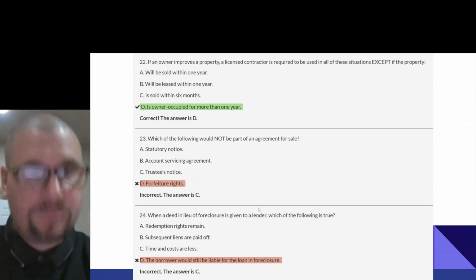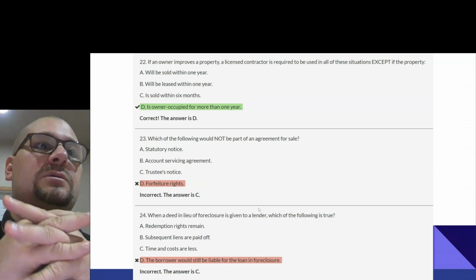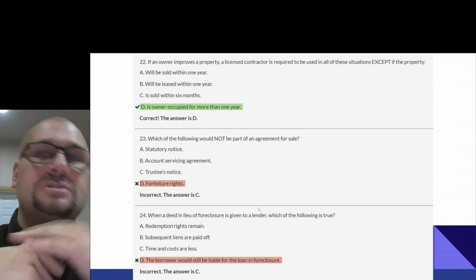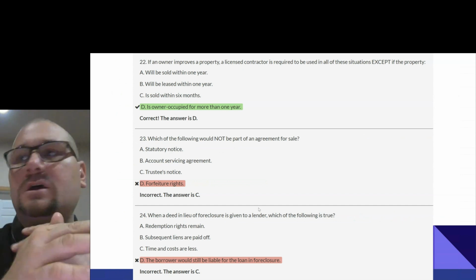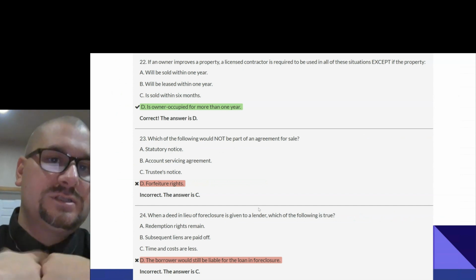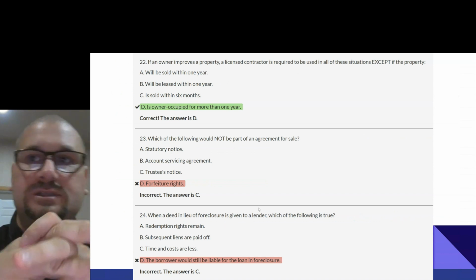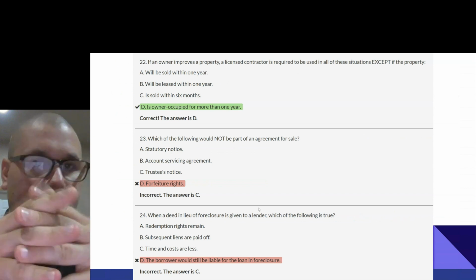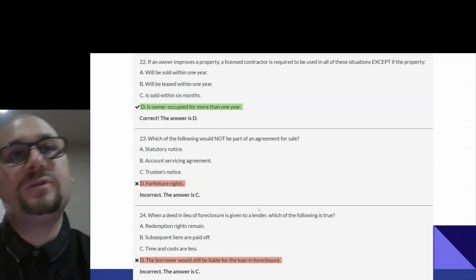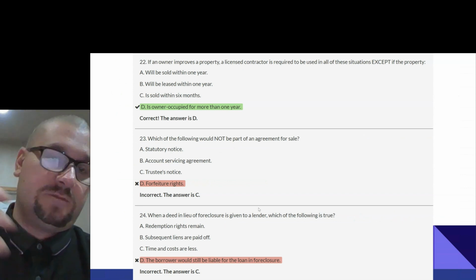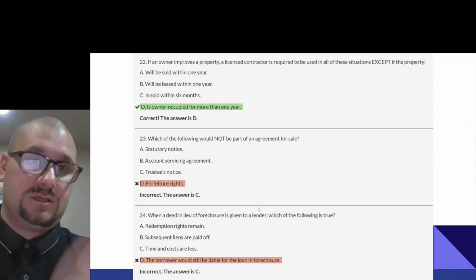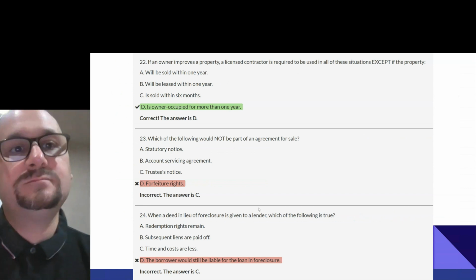So I did a room addition on my house, right? Do I need to pay licensed contractors? No. I've been here for 6 years and I'm the owner. So if it's owner occupied, I can be the GC, the general contractor. I don't need a licensed contractor if I'm doing it for my own residence. If I'm doing it for somebody else's residence, yeah, then you need licensed contractors.